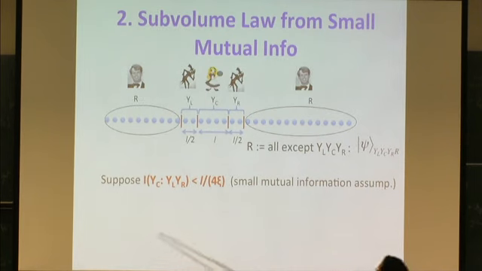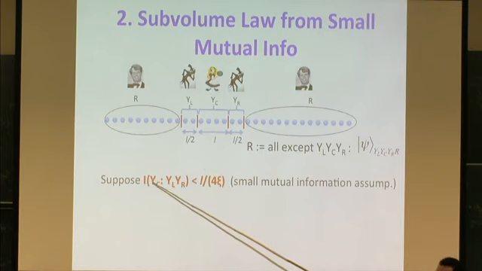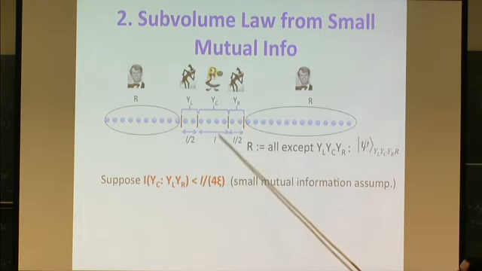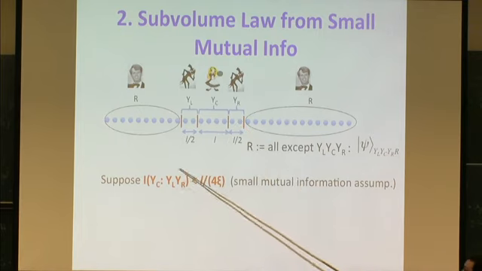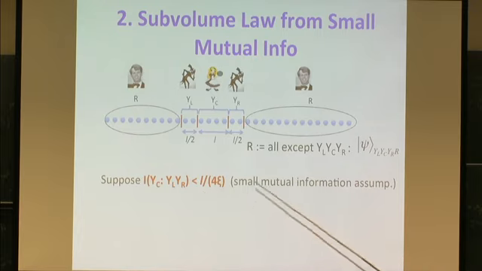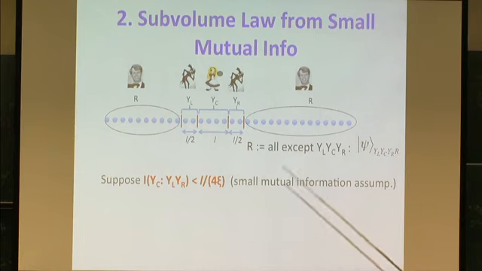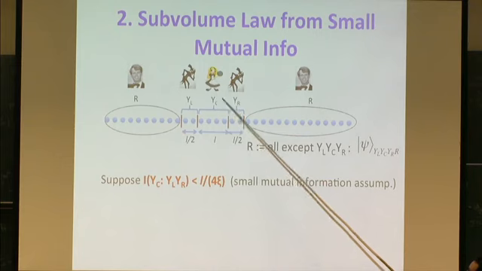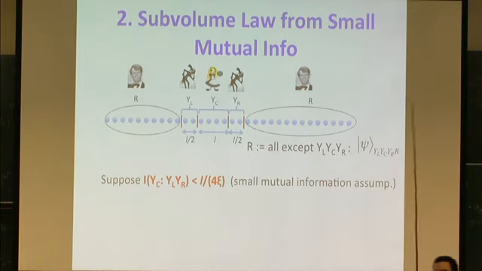Okay, and now the assumption that we want to make is that the mutual information between the central region and the neighboring ones, the boundary ones, again, this could be at most L or 2L, right? We want to say that it's sufficiently smaller. It's like L/4 correlation length. So a little bit smaller than the maximum, and this will be our assumption now. And what we want to prove is that this, and exponential decay of correlations, imply that the entropy of this YC, the central region, is small, has the subvolume law.